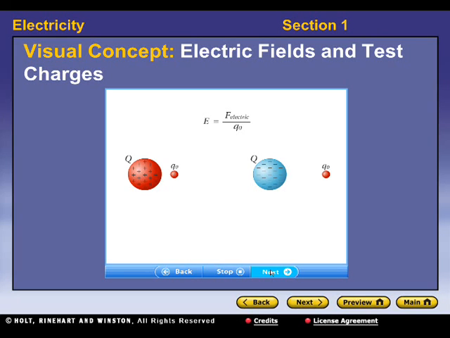The electric force, like any other force, is a vector quantity. The strength of the electric field at a point is defined as the magnitude of the force acting on the test charge divided by the charge of the test particle, which is always positive. The direction of the electric field at a point is defined as the direction of the electric